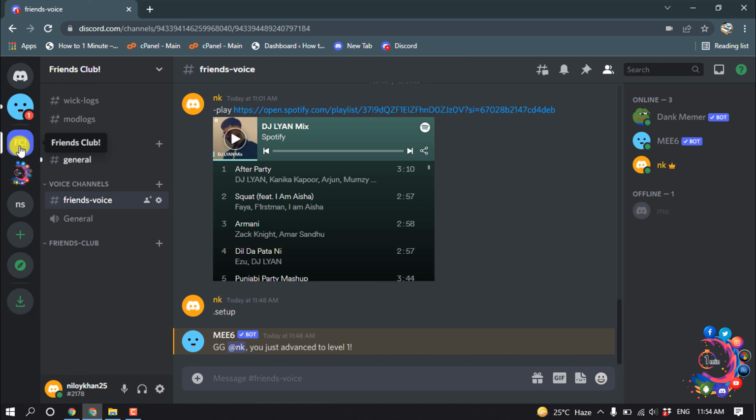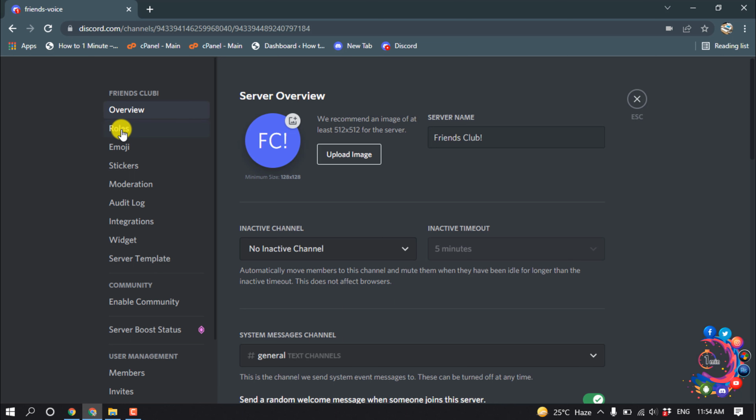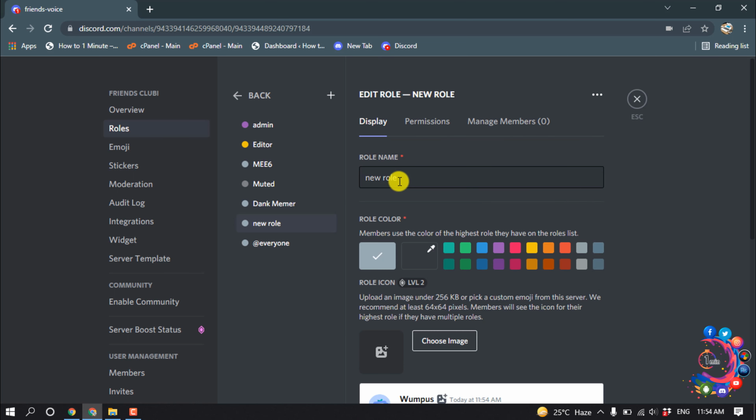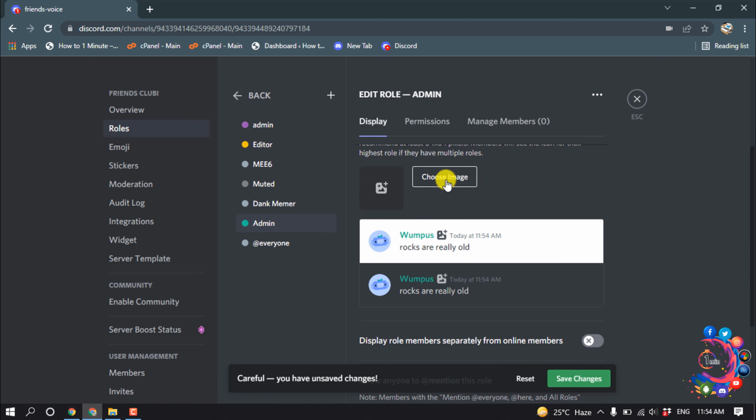So first of all, open that server where you want to add a new role, and after opening that actual server, click on this little icon here and click on server settings, and now click on roles and click on create role and give the role name here, and select a color for this role, and you can choose an image for the role,